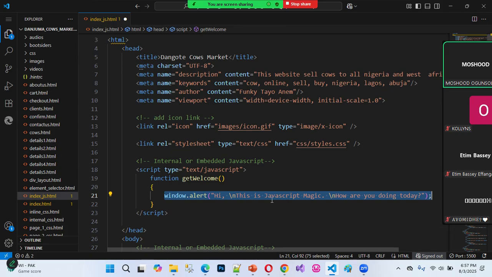Okay, so with this one now, I've written the JavaScript that is inside this particular head section. And we said that for this,